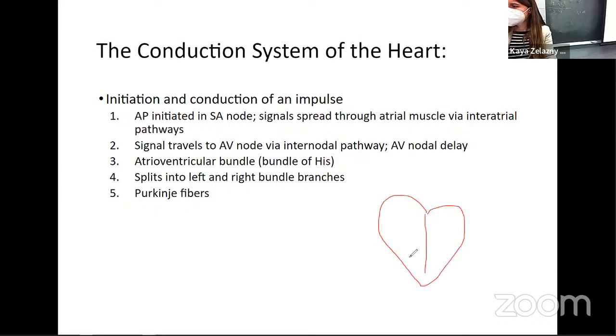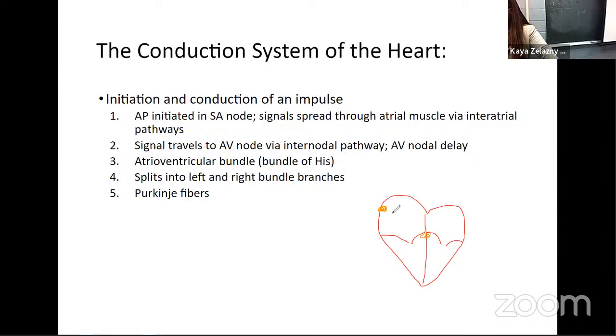Not to scale. I know they never look like real hearts when you see pictures, but it sure is nice for drawing. Okay, so our SA node is somewhere like orange, it'll be brighter. Okay, our SA node in our right atrium, one of the things it's doing